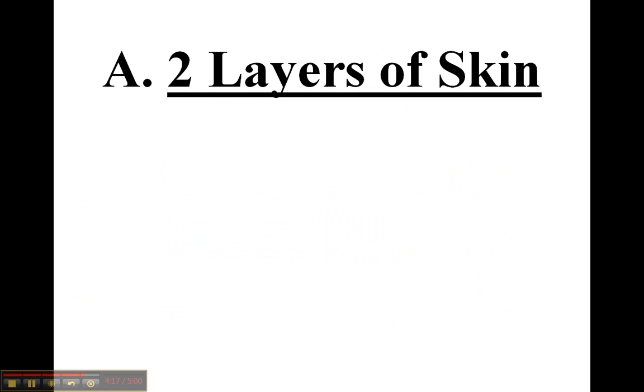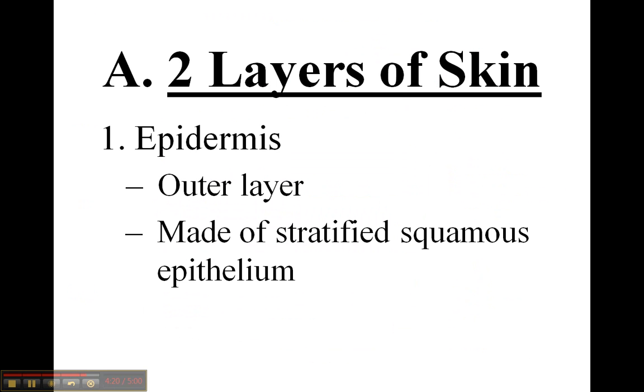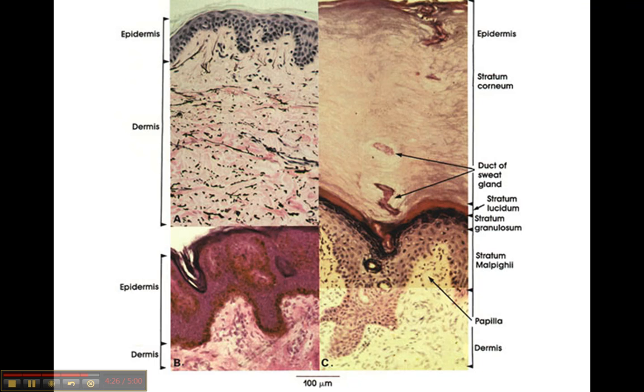So there are two layers of skin. You have the epidermis, which is the outer layer. It's made of stratified squamous epithelium, and you drew stratified squamous in our lab. Here are a few different examples of stratified squamous in different parts of the body. Some areas have really thick stratified squamous, like this whole thing here: the palms of your hands, the soles of your feet. And then you have others, right here and here, that aren't as thick. So here's the epidermis, and off of the very surface you can see the dead